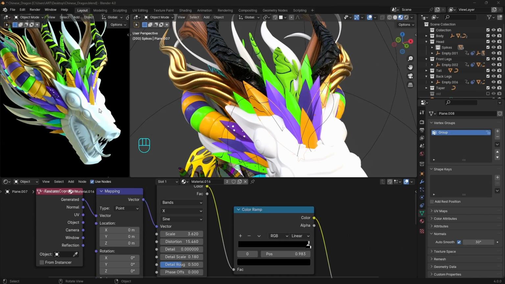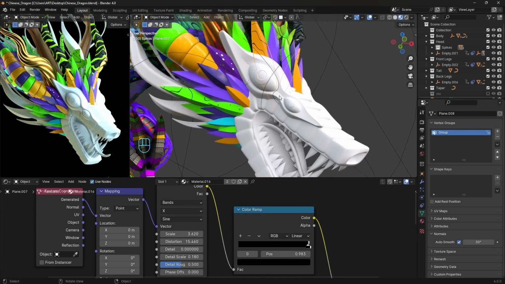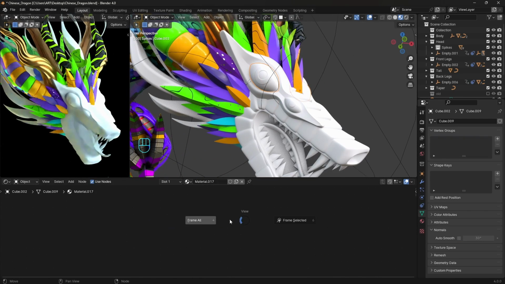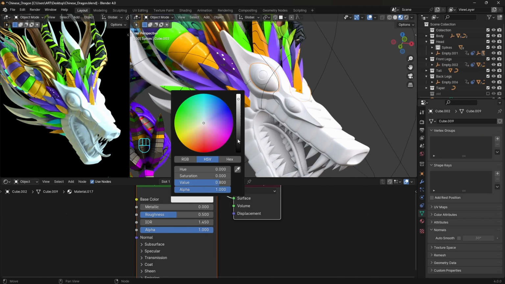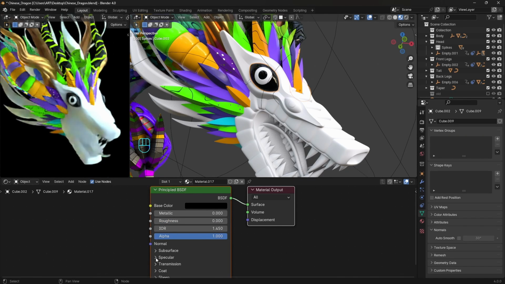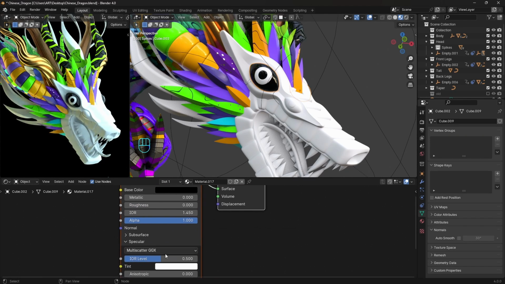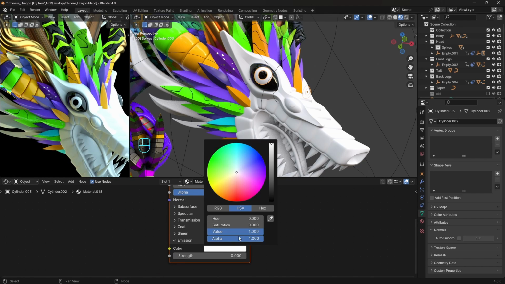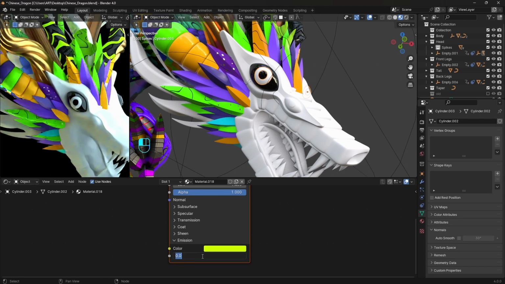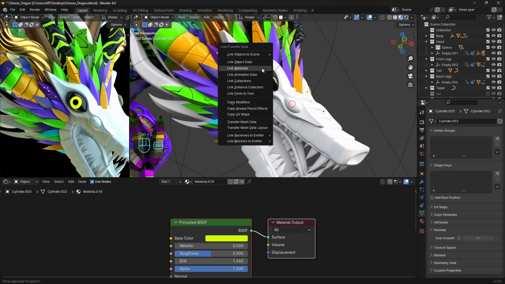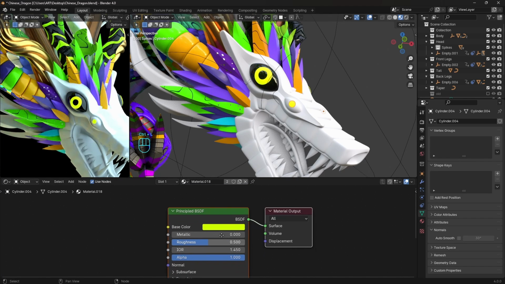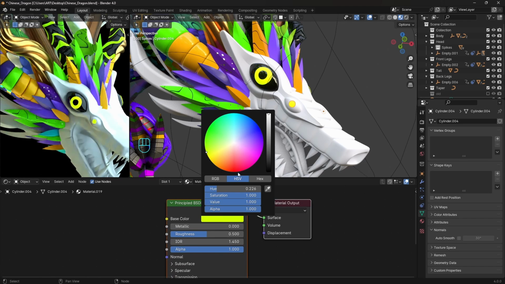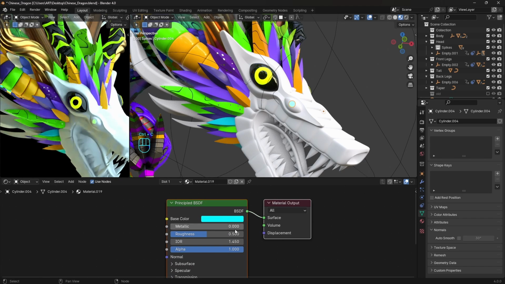The other materials are very easy to make, no additional nodes there. For example, the eyes are only black color, with the roughness down and specular all the way up. For the iris, we can tap into the emission and add a green yellowish color with a 0.5 strength. We can copy the color with Ctrl C and paste it to the base color with Ctrl V. Just link the materials here, make it single user, then change the color to blue and copy to the emission.